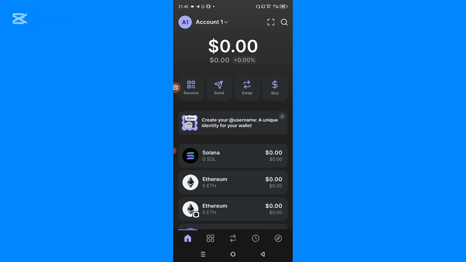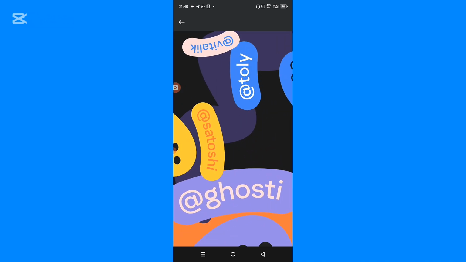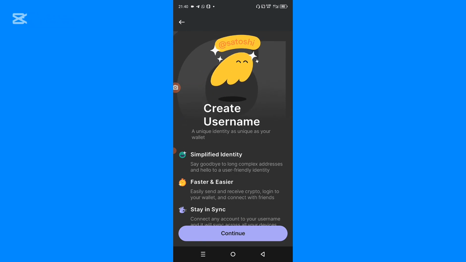In this video, we're talking about how to create your username on your Phantom wallet. So the first step you have to take is to tap on the create username option there, which is going to take a few moments in order for you to start creating it. Okay, click on continue